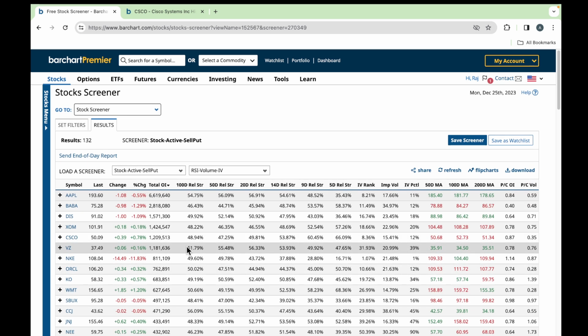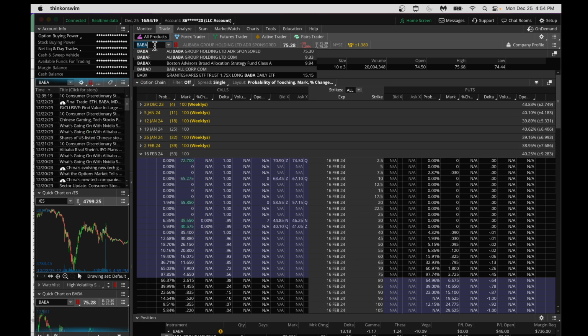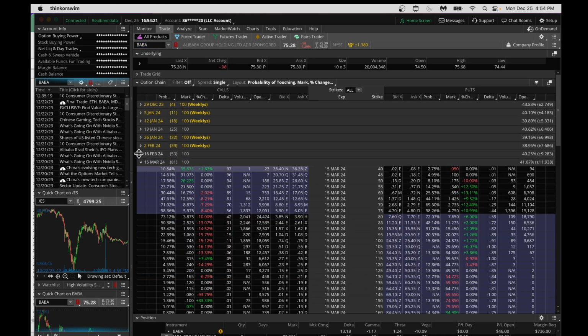I also look at various other things. Many of you want to look at this, but some of you want to look at the option chain, and maybe look at some of these things. The option chain itself, for experienced traders, just by looking at this, shows where to sell. You could go here and look at BABA as an example. If you go back here to the Thinkorswim platform, you could say BABA, and just by looking at this, Alibaba,